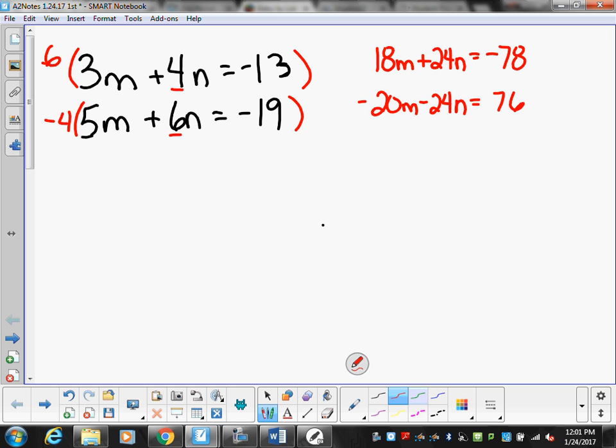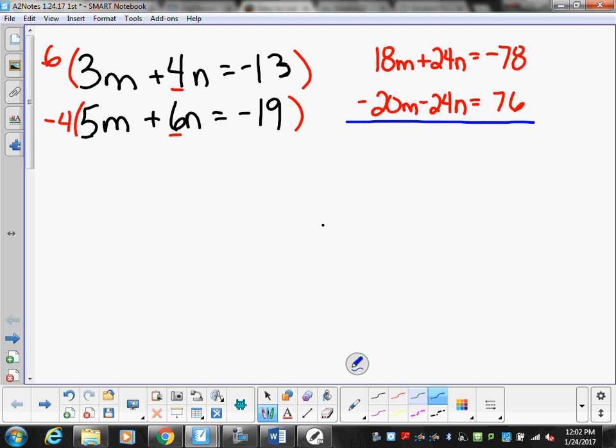Okay, so at this point, all I did was I got my n's to be opposites. One was positive 24n, and one of them was negative 24n. What do I do, subtract all that or add? You'll end up adding, but because of that makes you end up subtracting on like the first one, because it's a negative 20. Okay. So at this point, when you combine your two equations, and you combine your like terms,